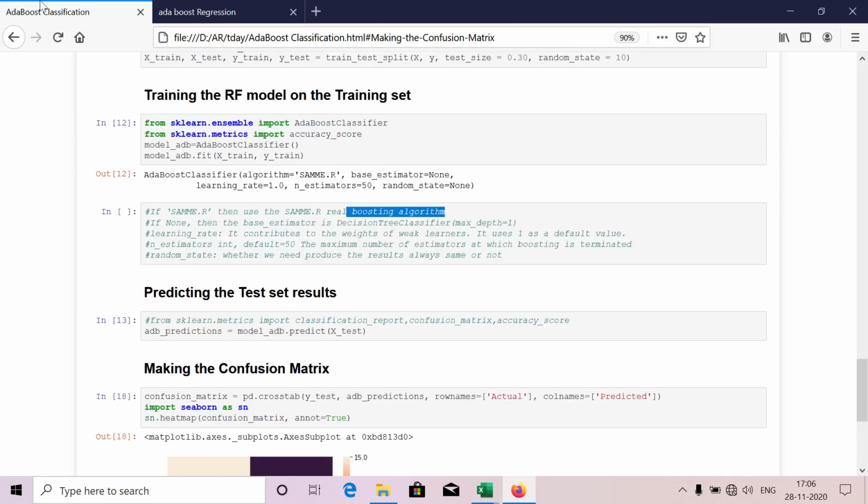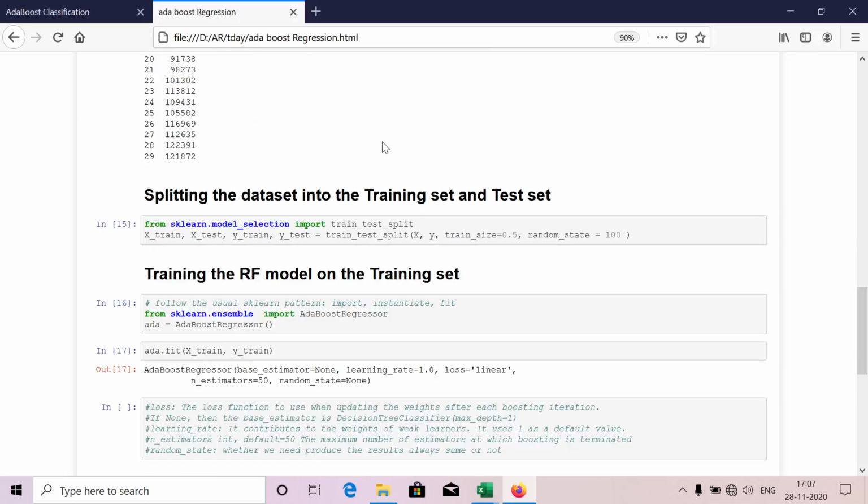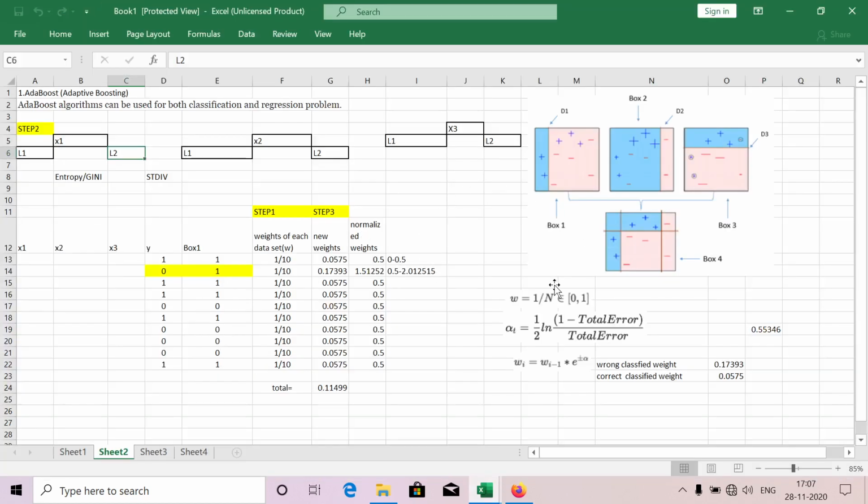Mainly, the AdaBoost method is used for classification techniques, not mainly for regression. The conclusion: AdaBoost is mainly used for classification. We discussed how the calculation works, how we are increasing the weights, and how we are passing them to the next